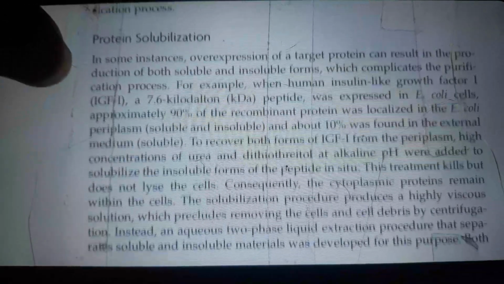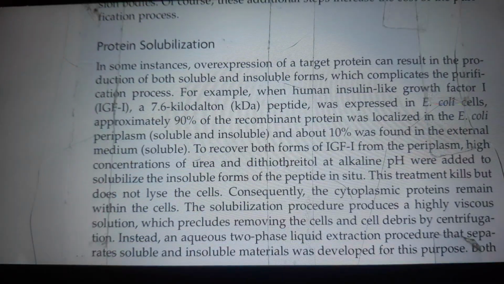And now the next topic would be protein solubilization. In some instances, overexpression of a target protein can result in the production of both soluble and insoluble forms, which complicates the production and purification process. For example, when human insulin-like growth factor IGF-I, a 7.6 kilodalton peptide, was expressed in E. coli cells, approximately 90% of the recombinant polyprotein was localized in the